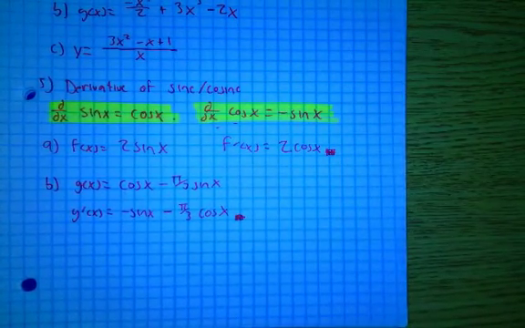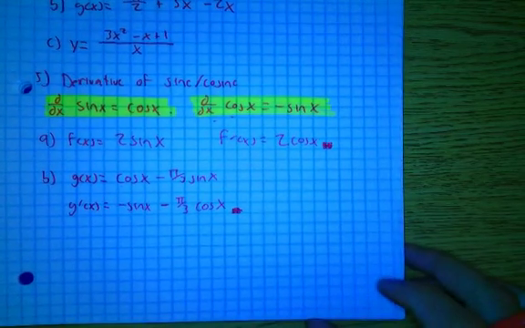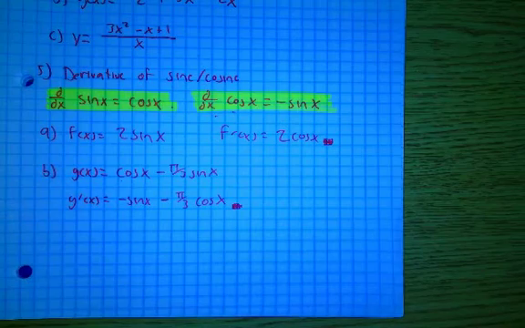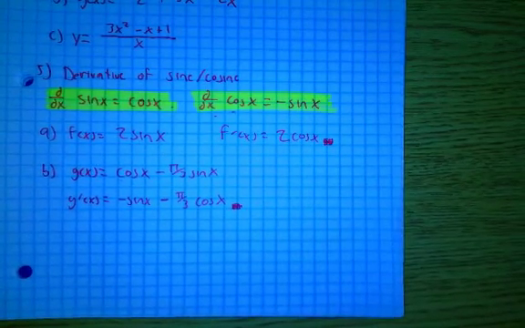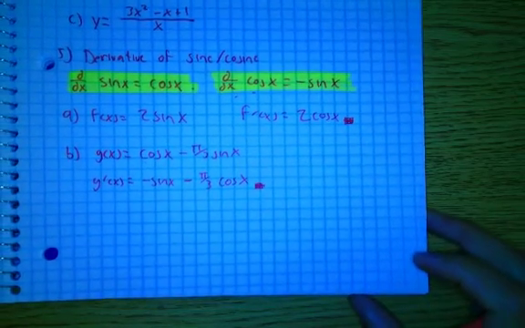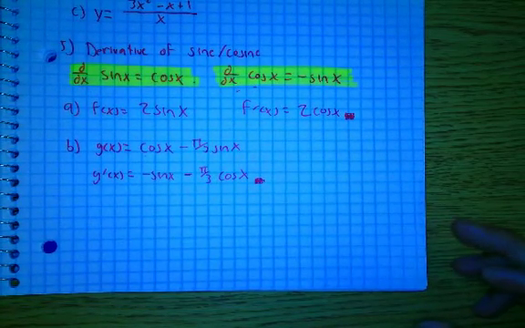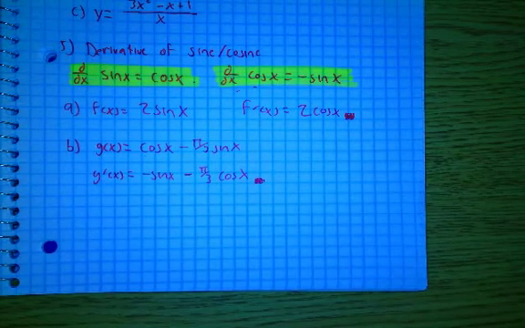Okay? These are really not that bad. You're just going to have to memorize that the derivative of sine is cosine and the derivative of cosine is negative sine. Okay? Questions over those before we move on to our last rule that we're talking about today? We're good? Alright, so then last rule is the derivative